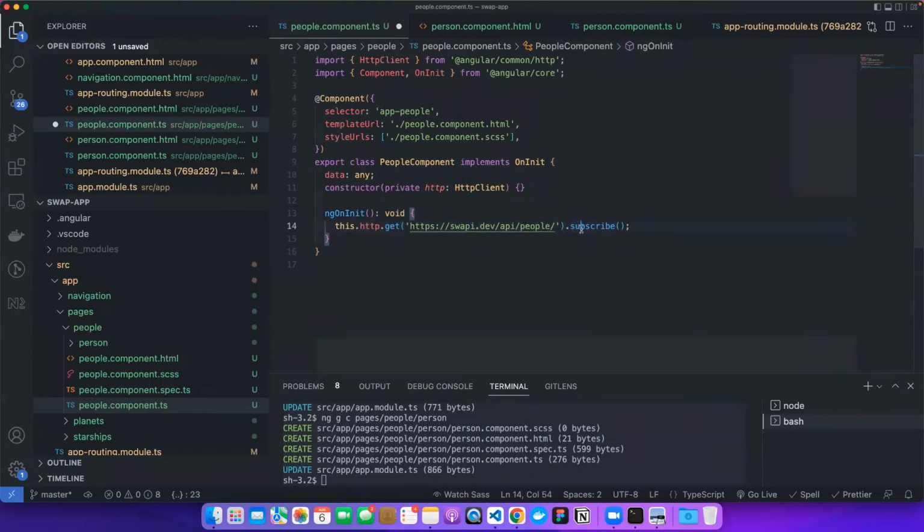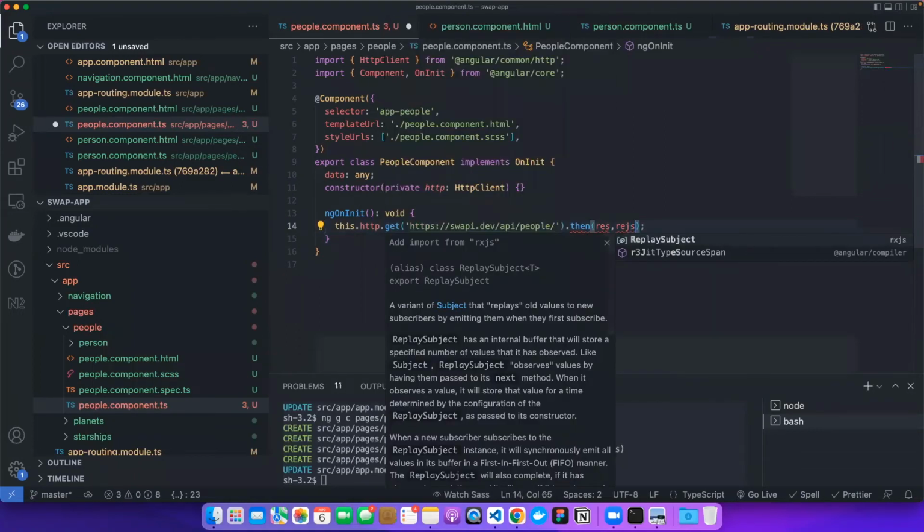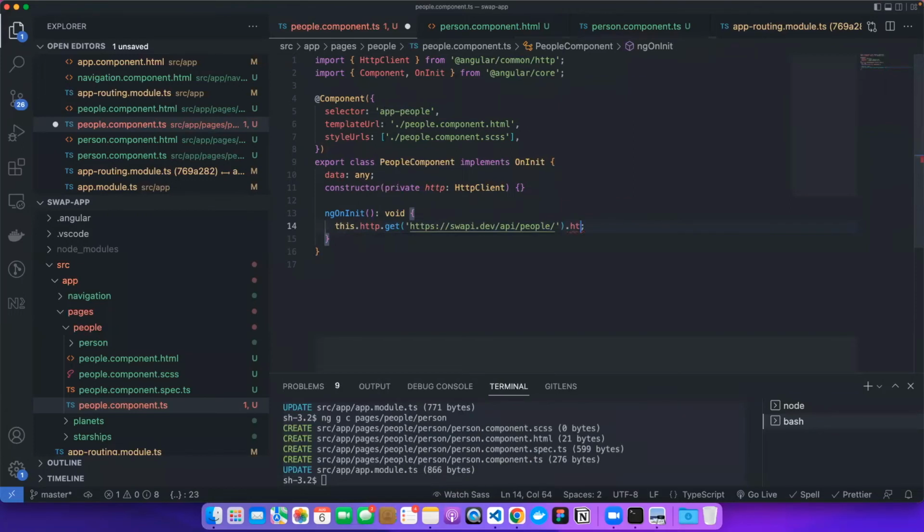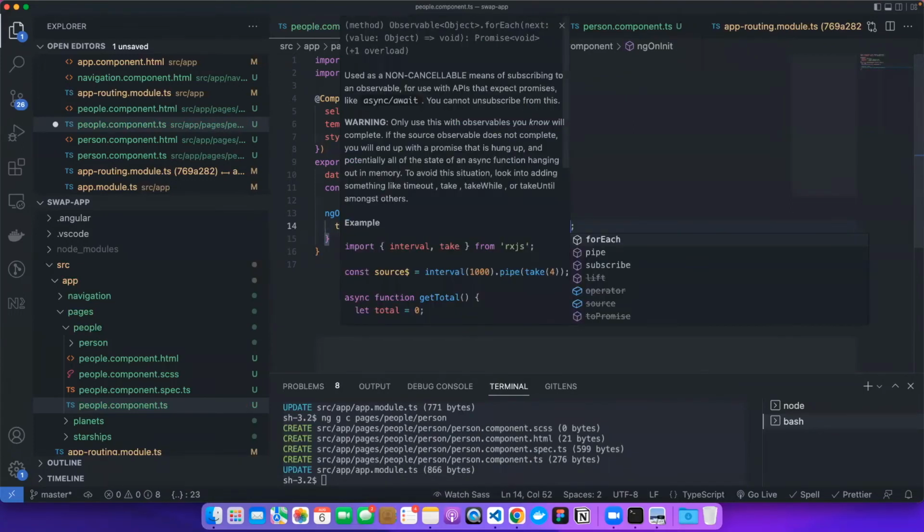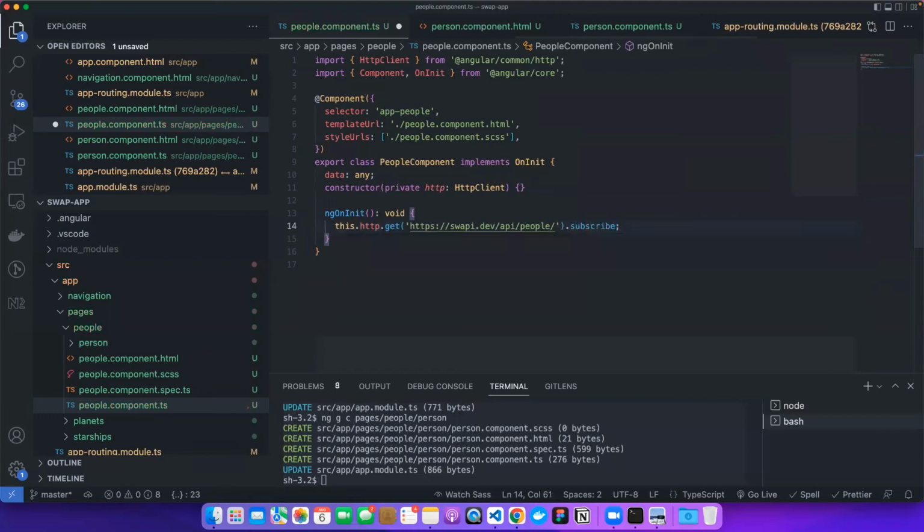In the promise, you would say then, and you say success, error, and you call the functions, right? Same way, that's exactly the same, but a promise will resolve once and go. So after that, you will not have anything. But a subscriber is different. It is a stream. So you get that response again and again and again to this method. So that's the difference between